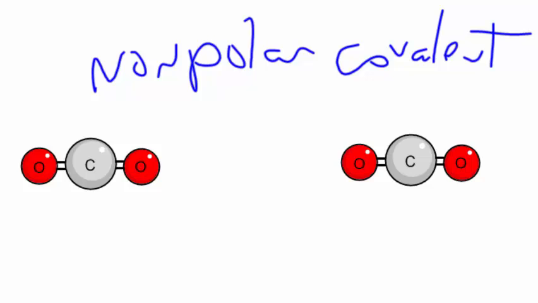The sign of not very much attraction between things is it's a gas under normal conditions. That's called having a low melting point, a low boiling point. But there is some attraction here. And this attraction is called